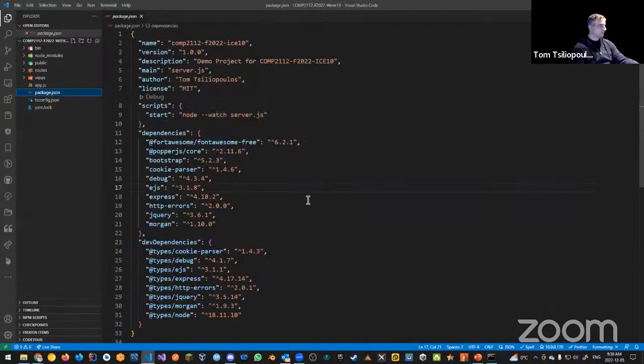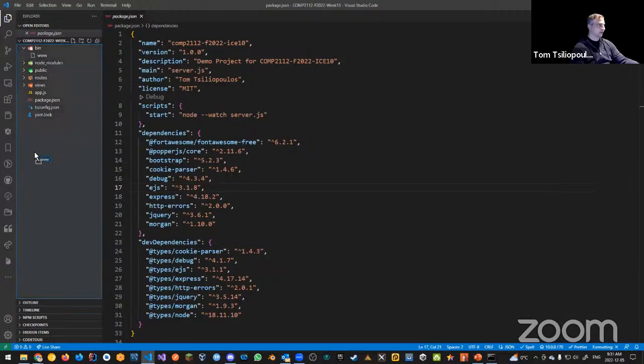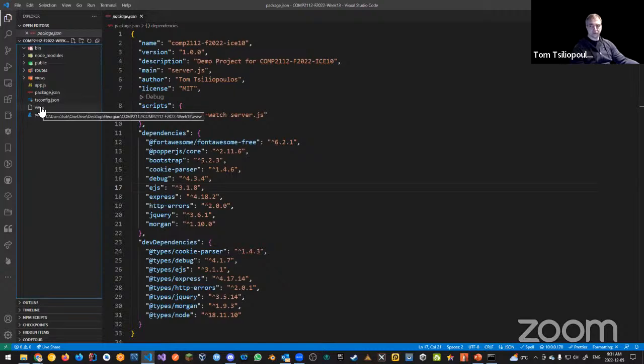Well, let's continue. So now that we have this, we want to change where it says bin. Bin is kind of a really weird thing. Can we use it? Absolutely. We're not going to here. We're going to simplify this. So I'm going to go inside the bin folder and grab this www file and pull it out here to the root. I'm just going to do this by dragging and dropping it. And that www file is our server.ts.